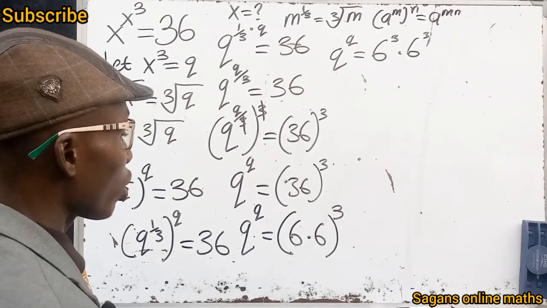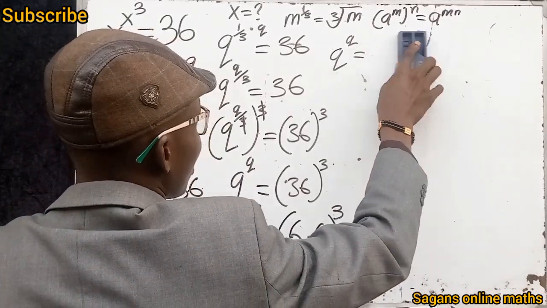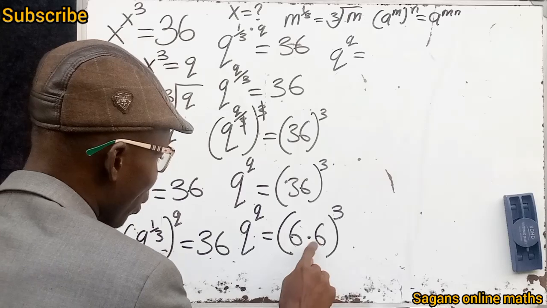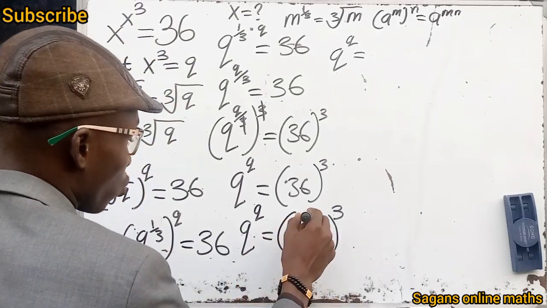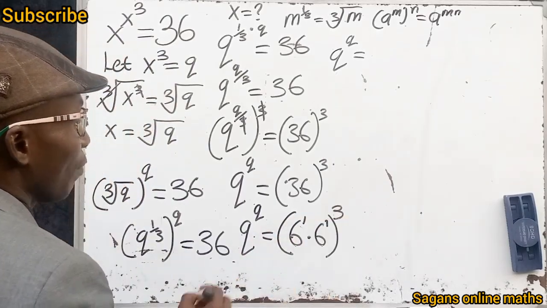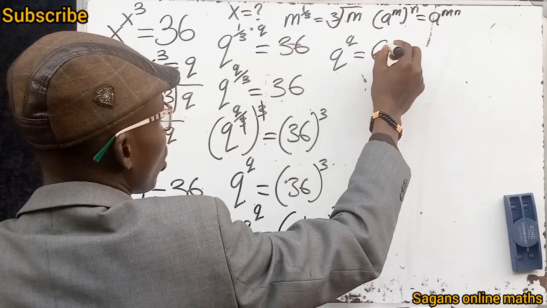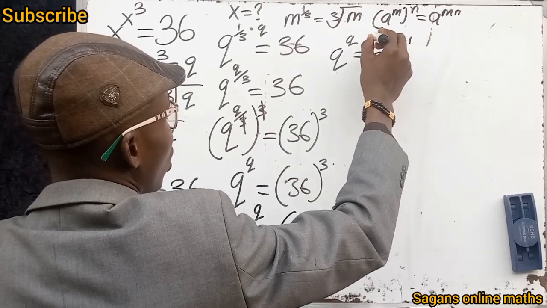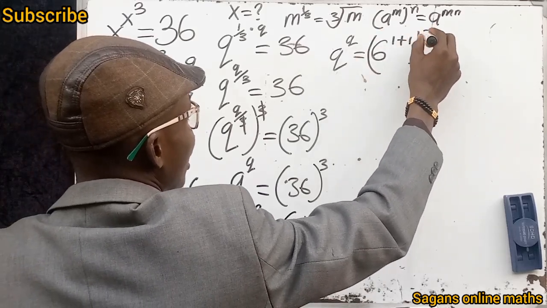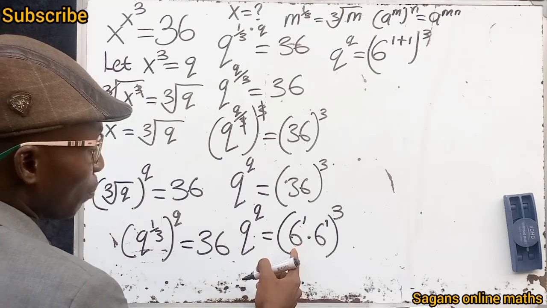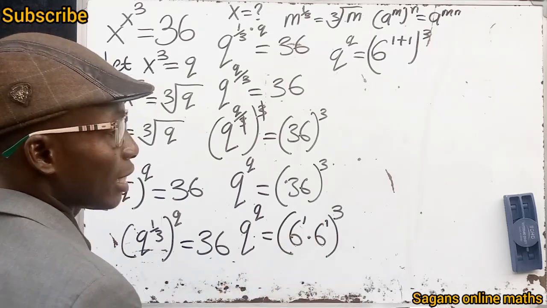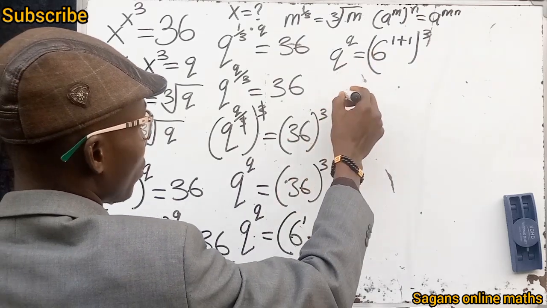Okay? Why not remove this? Okay? And obey the properties of indices, because the power here is 1 and the power here is 1. So now you see that this becomes 6 to the power of what? 1 plus what? 1, all to the power of 3. Because by one of the properties of indices, since the bases are the same, we can add the exponents. You can see it from here. So that means q to the power of